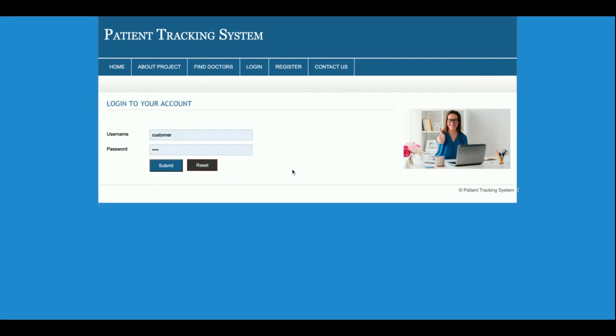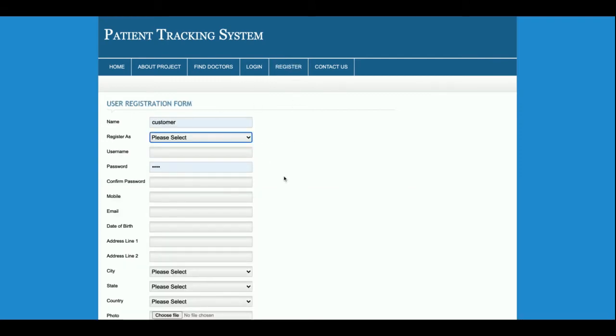This is the login from where you will be able to log in. This is a single login form for both doctor and patient, right? So this is a role-based system. According to the role, the internal functionality will change. This is the registration from where patient and doctor both can register, and they can set their profile, right?